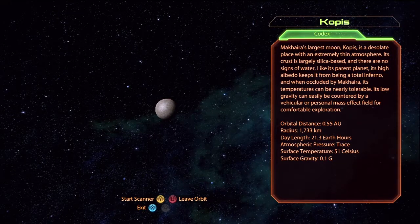Mahara's largest moon, Copis, is a desolate place with an extremely thin atmosphere. Its crust is largely silica-based, and there are no signs of water. Like its parent planet, its high albedo keeps it from being a total inferno, and when occluded by Maharia, its